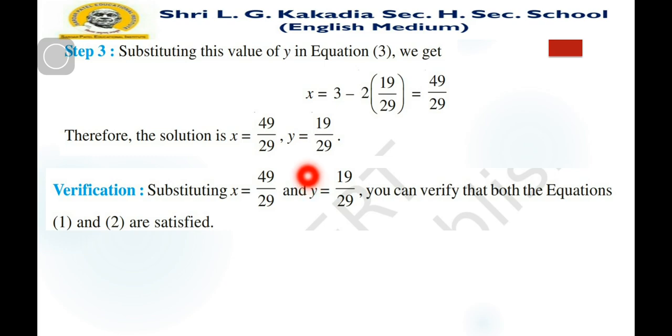Now about the other cases, parallel lines and coincident lines, we will see how we can find the solution, and we can say whether both equations have a solution. And we know that if we find the solution, then we can say that this is a consistent pair of linear equations.